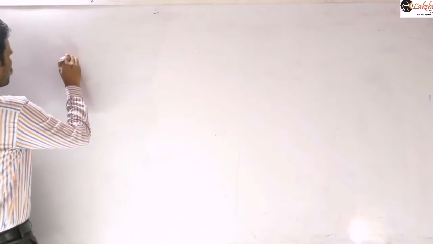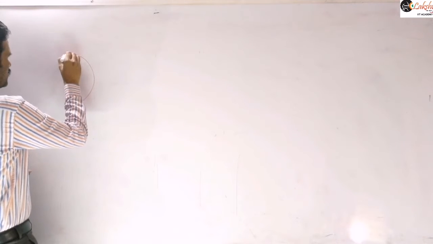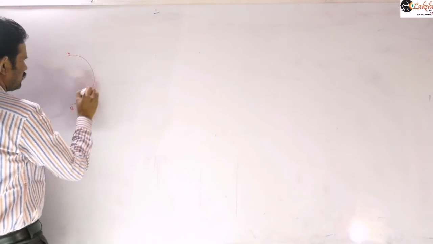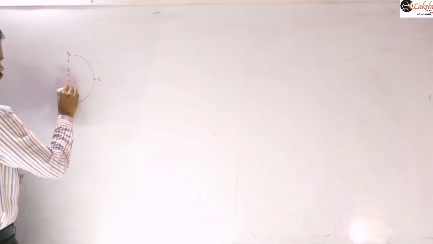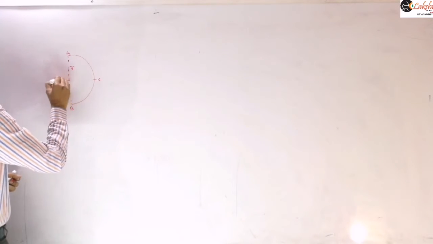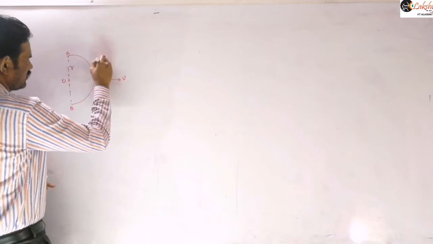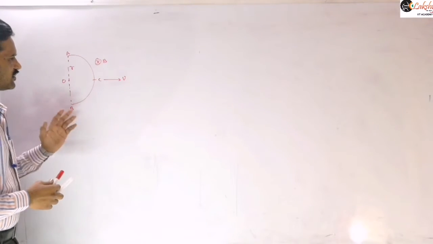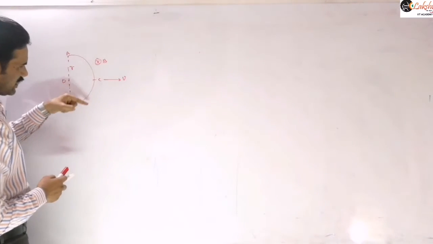Suppose I am taking this semicircular wire here, so let us take this as AB. This is the point C I am taking here, and this is the point O. This is a semicircular wire of radius R. Now let us say it is moving with some velocity V in a magnetic field which is into the plane here. Now if I ask the induced EMF produced between the points A and B, then only the conductor is there here.